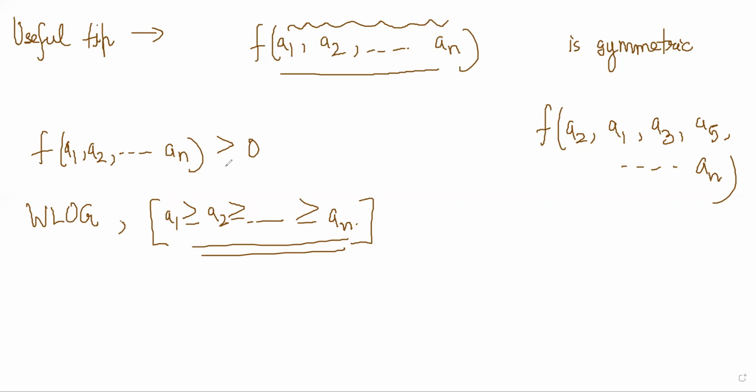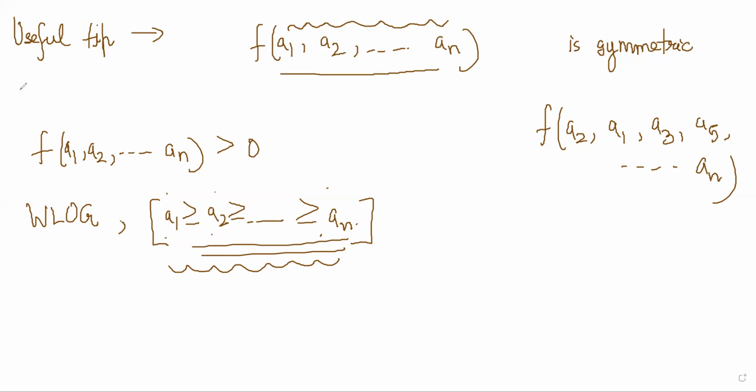So there must be some ordering in those elements a1, a2, an. If there is some ordering, you can just relabel them and call the perfect ordering a1 greater than a2 greater than an, right? This helps a lot because now you have a sequence of decreasing terms, and now you can apply the rearrangement inequality on this. So let's see examples where we use this concept of assuming without loss of generality that you can create this sequence.